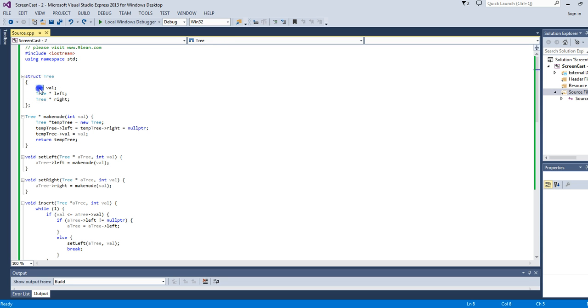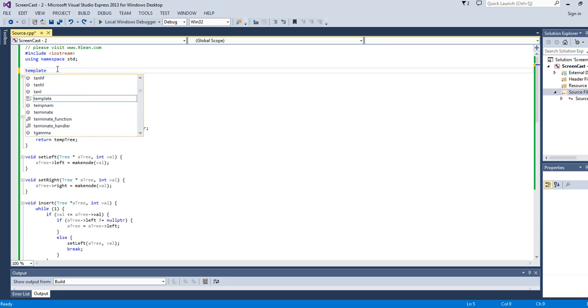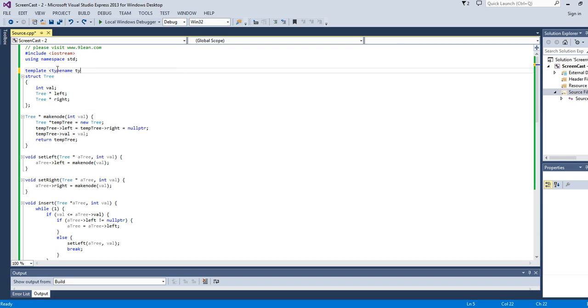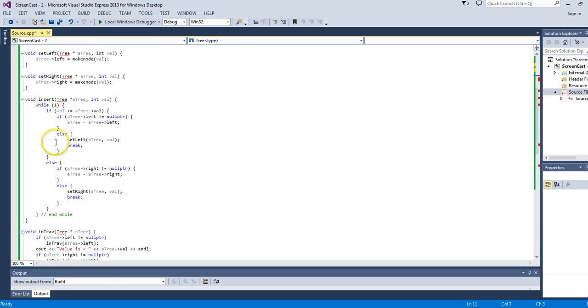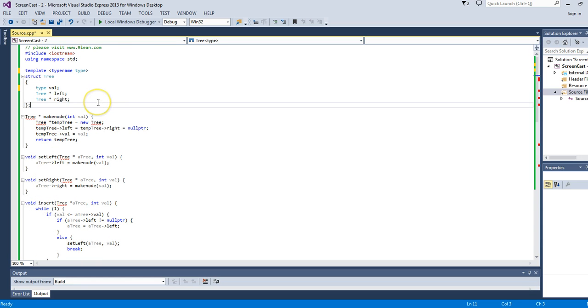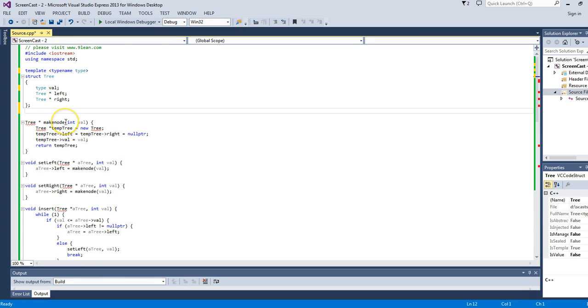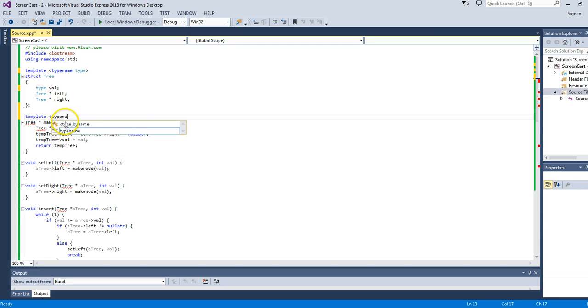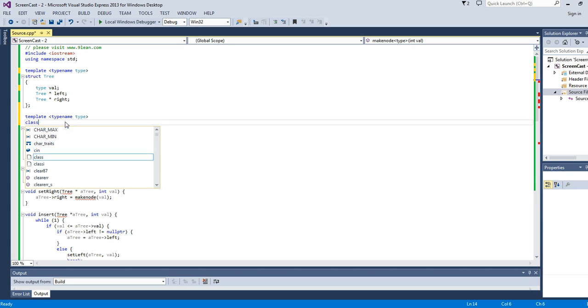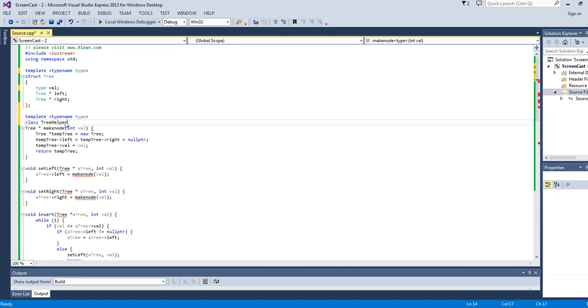So let's create a generic type. Create a generic type by saying typename Type, convert this to a type, correct? So whatever you pass, it can be that. Now we have all these helper functions. These functions also need to be templated. There are two ways. Either we do template typename Type for each of the functions, or wrap these functions in a class called TreeHelper,